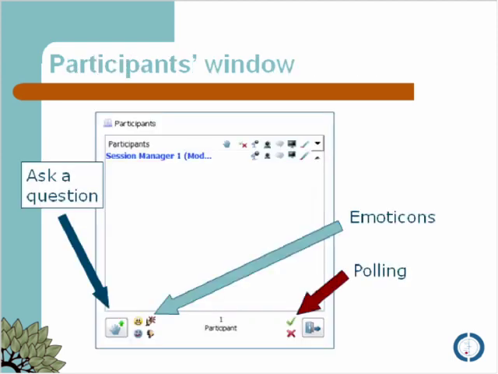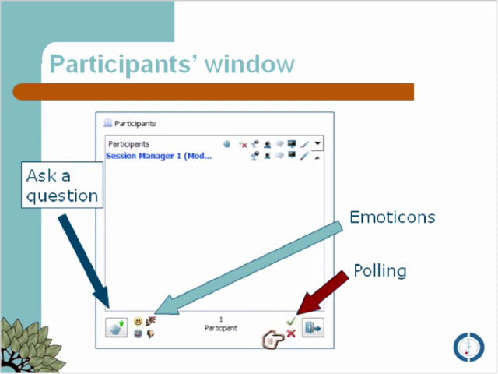And just to orient you briefly before we get started, as you can see, this is the participant window that you should be able to see on your screen. And if you wish to ask a question to one of the speakers today, Lori and Kaelan will indicate when they are ready to take your questions. All you need to do is simply click on this button, as you can see under your participant window, and a queue will form here, and they can answer your question when they're ready. If you wish to send an emoticon through to the speakers, send a happy face or applause, please feel free to do